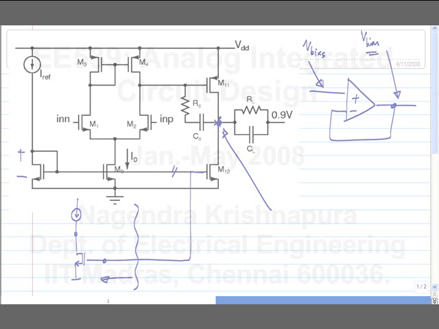In this case, in fact, you don't even have to think of a different method. What we were doing was, we were sensing the current at the drain and feeding it back to the gate. But we were using a direct feedback connection. We were shorting this drain to gate, which meant that the drain voltage was supposed to be equal to the gate voltage. What do we want the drain voltage to be? 0.9. So how will I arrange it? I still need the same sense of feedback, but